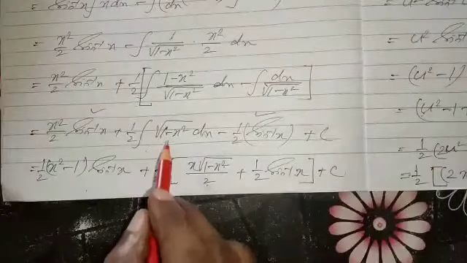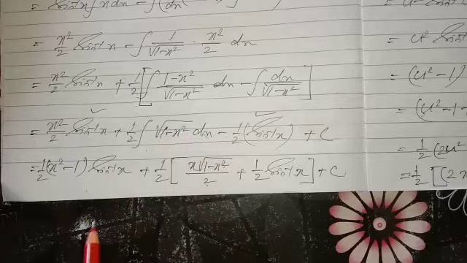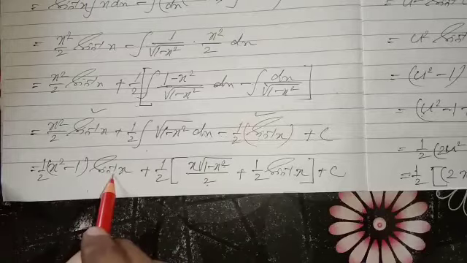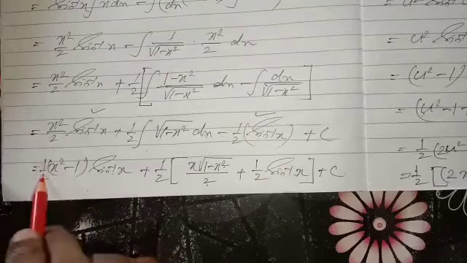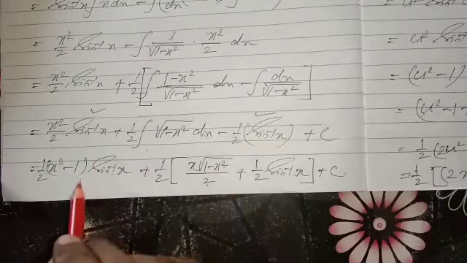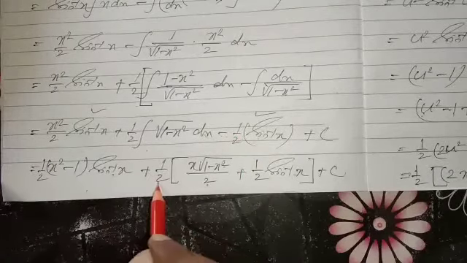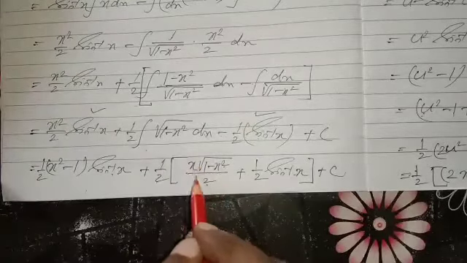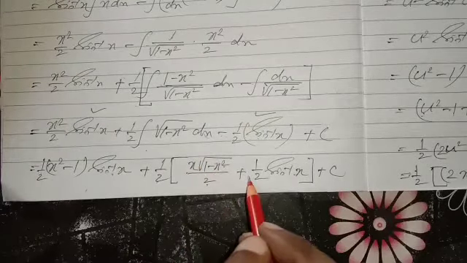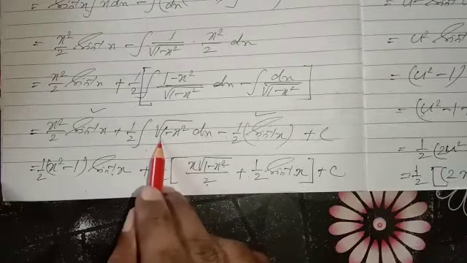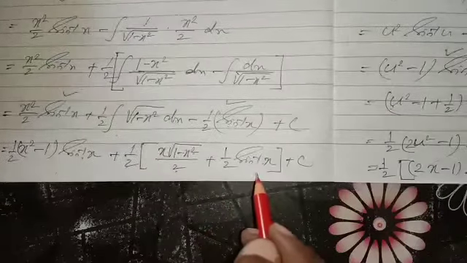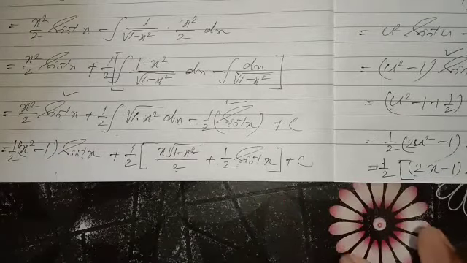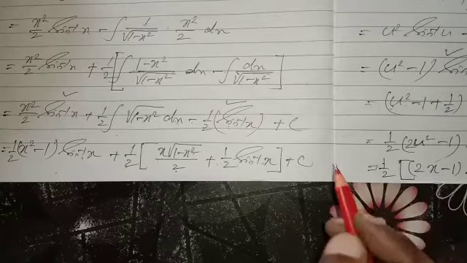And what is the formula for this one? Now it takes minus half sin inverse x; take sin inverse x common. Finally you will get half common, (x square minus 1) whole sin inverse x, plus 1 by 2 outside. The formula is the root over of a square minus x square formula. I have already discussed it before. The formula is x by 2 root over of 1 minus x square, plus a square by 2, where a here is 1, sin inverse of x by a, that is sin inverse x, bracket close, plus c. In this way question number 6 is also completed.